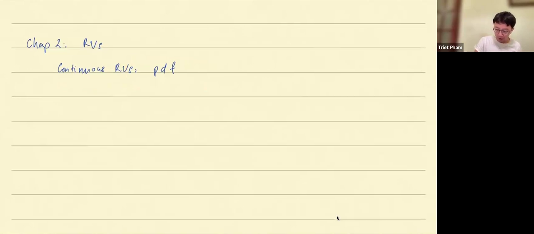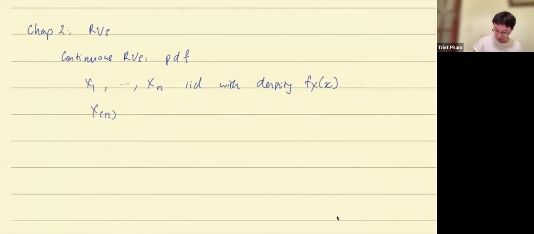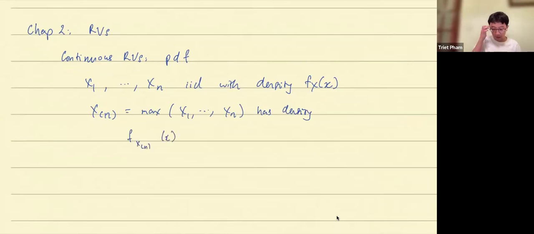If you have X1 to Xn, IID random variables with density f, then the max will have density, the probability that,